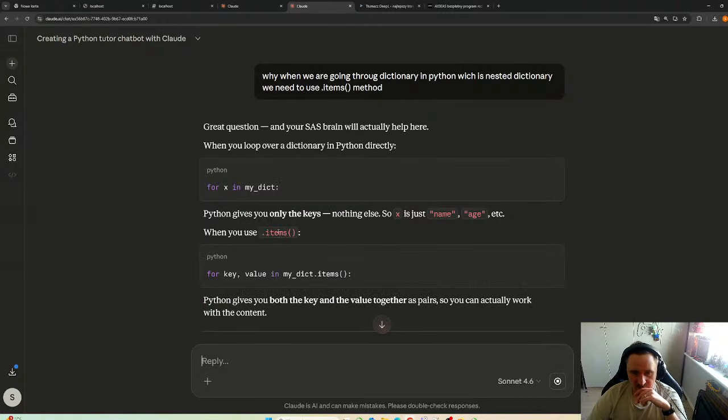Only keys, yes, and when we are doing items, Python gives you both the key and the value. Okay, so the items is needed to unpack the dictionary, because otherwise we are getting only the keys, and values will give us only the values in the dictionary, without the key. Okay, show us all methods that can be used in Python to work on a dictionary